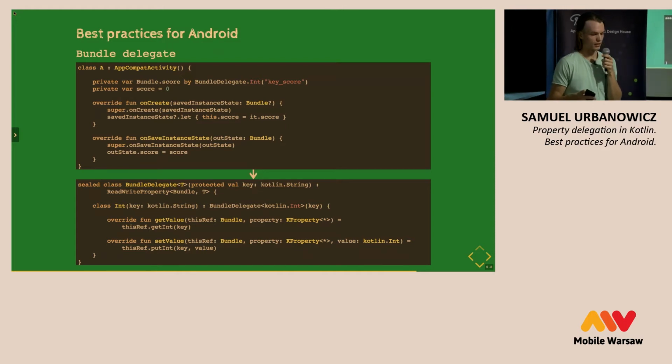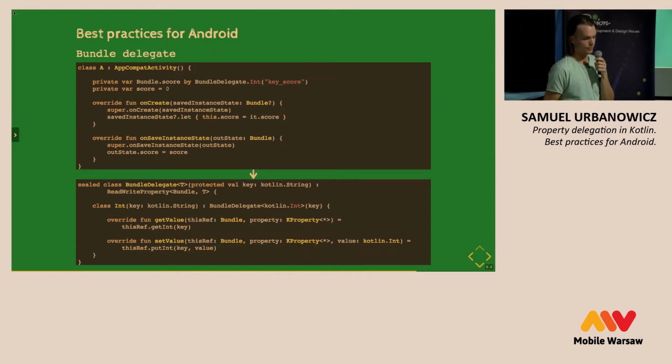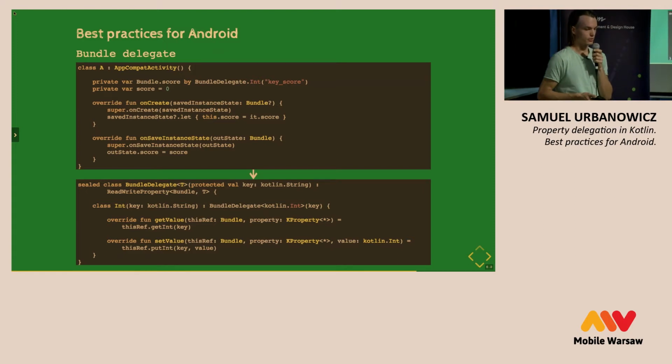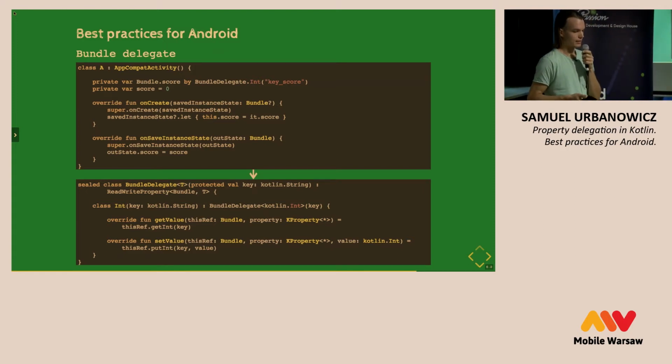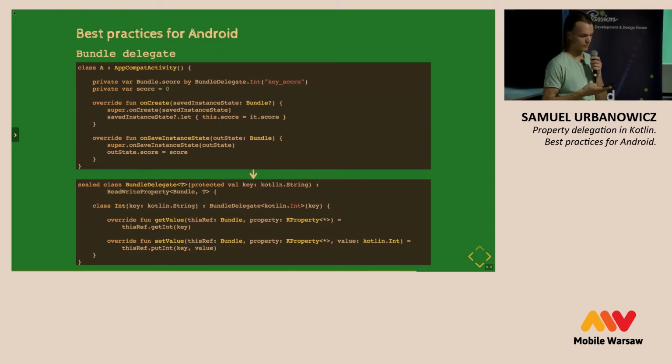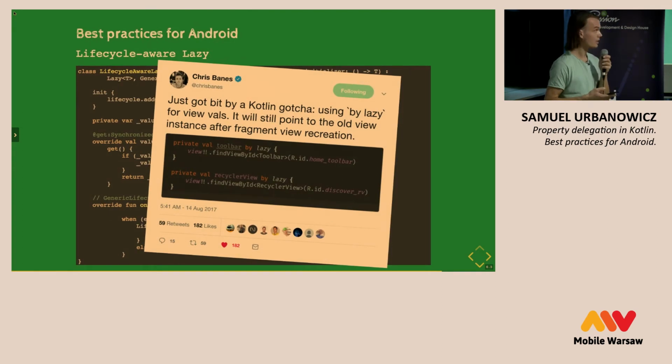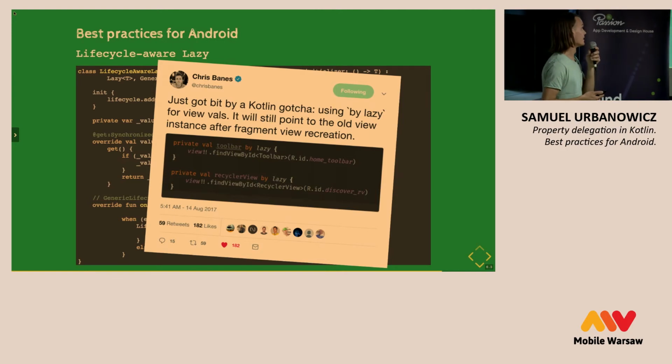We can just invoke the outState argument or saved instance state in onCreate, and update its score property, which we declared as a private extension property, with a desired value. So also we can help to avoid